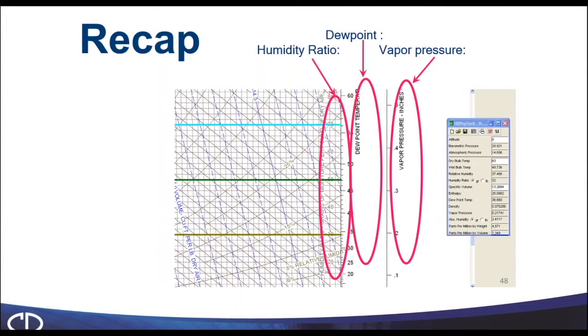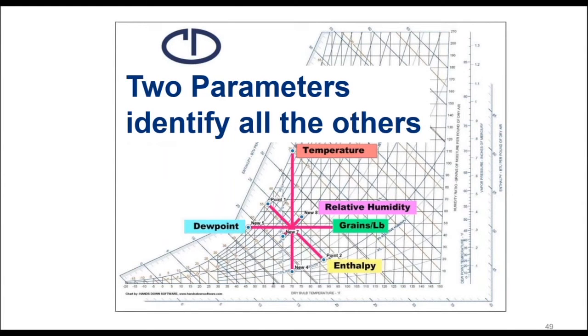To recap, you're going to find them on the right-hand side of the psychrometric chart. They are horizontal lines. They do not change with temperature increase or decrease, assuming that we don't get to the line of condensation. We use humidity ratio. It is a ratio of weight, in this case grains, of moisture to pounds of dry air. Dew point, at which point the dew falls out, and vapor pressure, that partial pressure of moisture in air.